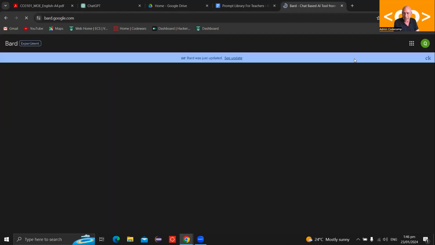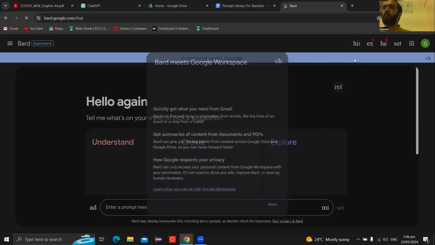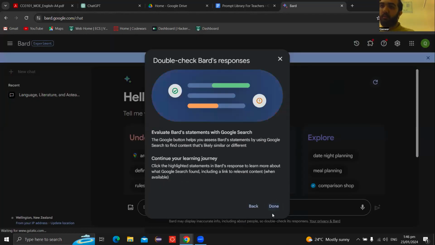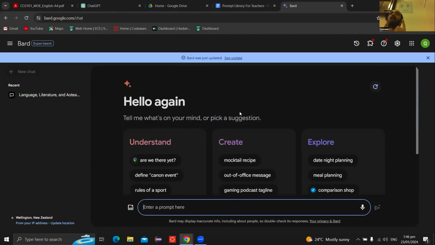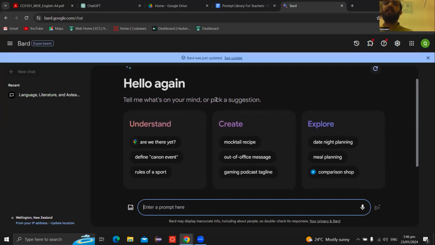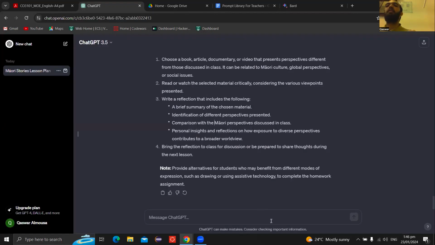I'd also like to point out that different AI bots have different limitations. For example, with Bard, the free version, you can upload images, you can speak to it, whereas in GPT 3.5, it only allows